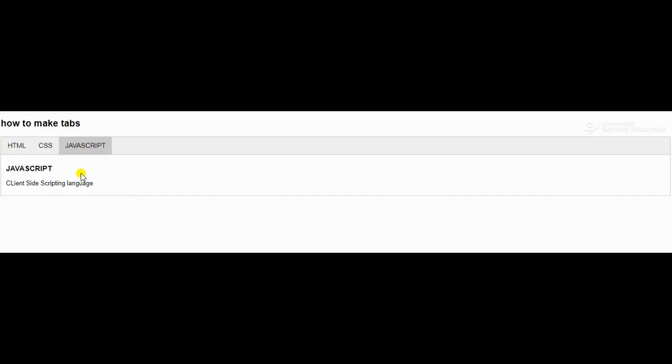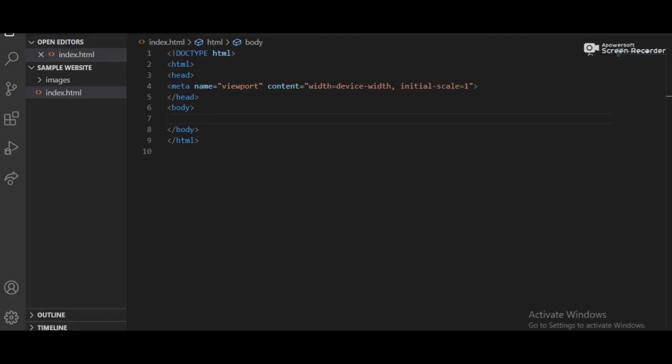So let's get started. First of all, we need to make a simple HTML structure. Here you can see on my screen the structure of an HTML file. There is no code yet, and you just need to make a simple index.html file and write this kind of code. We have to go step by step.